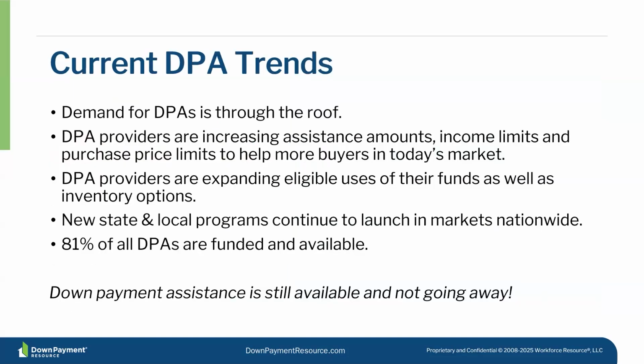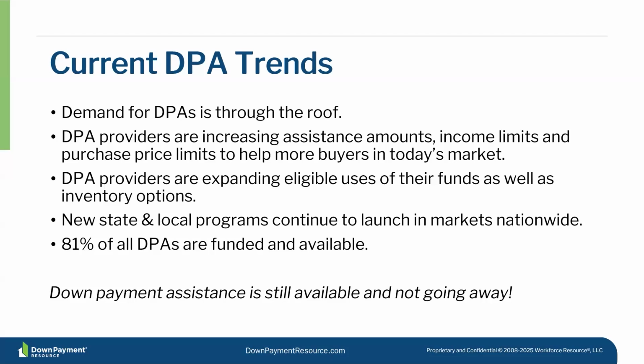So let's take stock of the current DPA trends in the US. Currently, demand for DPAs is through the roof, and it has been for quite some time. That's a trend that we've been seeing consistently increasing over time. DPA providers are increasing their assistance amounts, the income limits, and purchase price limits to help more buyers in today's market. And the DPA providers are expanding their eligible uses of funds as well as the